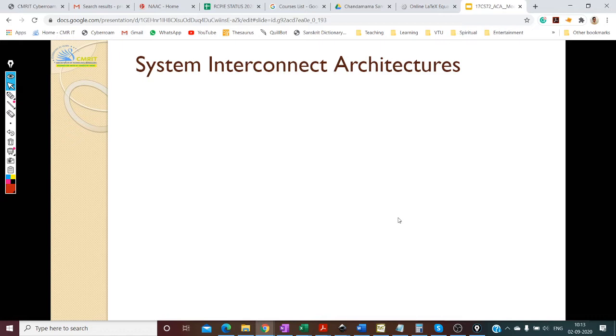So these are something like your networks, right? System interconnects are the networks that connect different components of your processor as well as one processor to the other. In this subject, we will deal with connections between different processing elements. They are categorized as direct networks, and these direct networks are for static connections, meaning you statically connect, you have a topology that connects different processing elements. Okay, so that's the direct network, and these are for static.